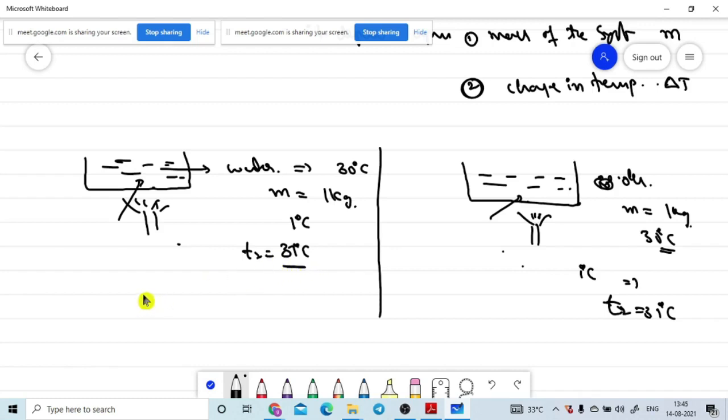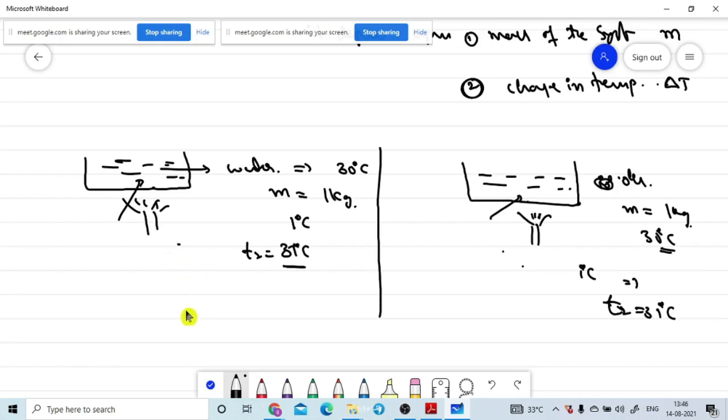So what is our conclusion? To raise the temperature by the same 1 degree, two different systems will take two different amounts of heat energy. Is our conclusion correct or not? Yes, sir. That means to raise the temperature of different substances by 1 degree Celsius, different substances having different properties need different amounts of energy. Is it correct or not? We are moving towards the accurate definition.